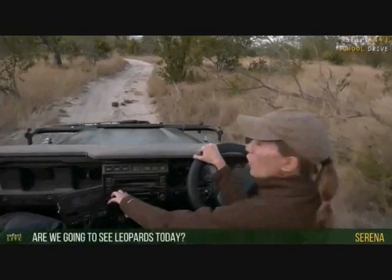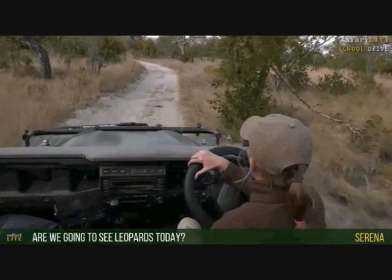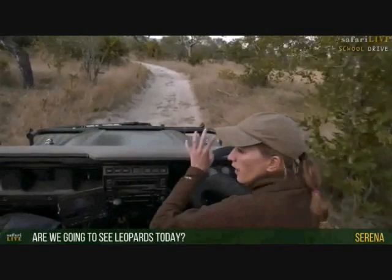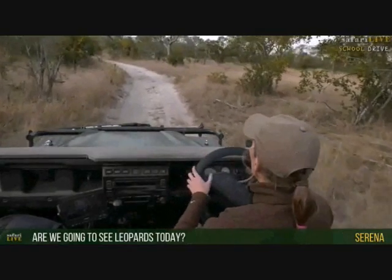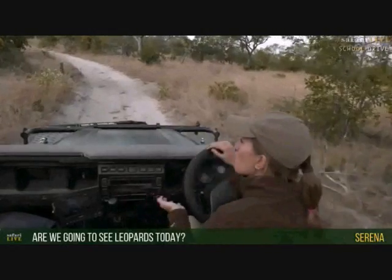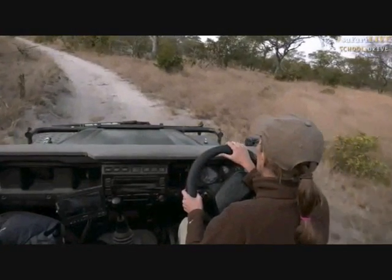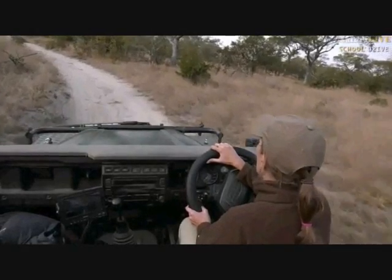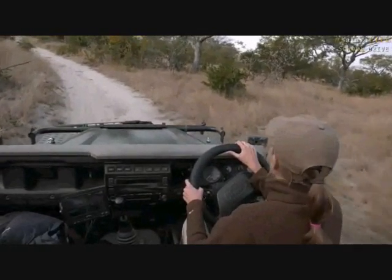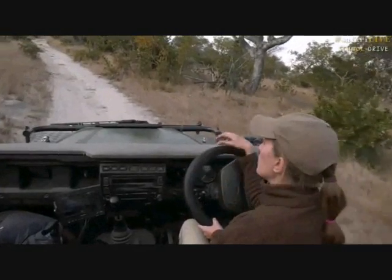Serena, you want to know if we're going to see leopards today? Well, I really hope we do. I came driving onto this particular area because somebody found tracks on the road this morning. So I wanted to see if maybe we got lucky with some more tracks. Maybe something else that we could go around and see where the leopard has been walking. But we haven't been able to spot anything for now that will tell us where the leopard is,